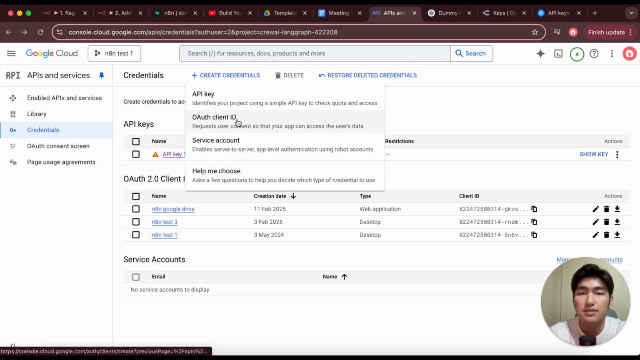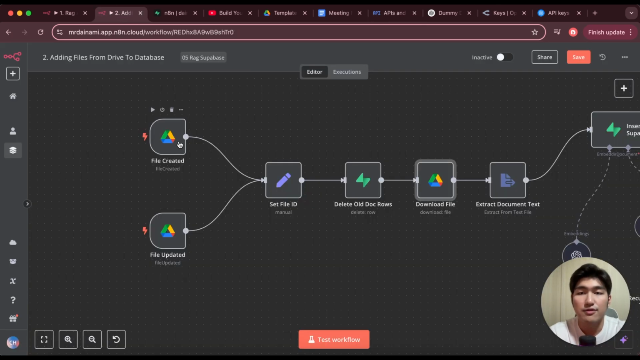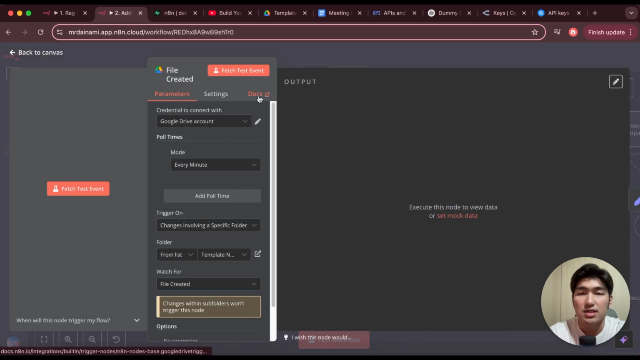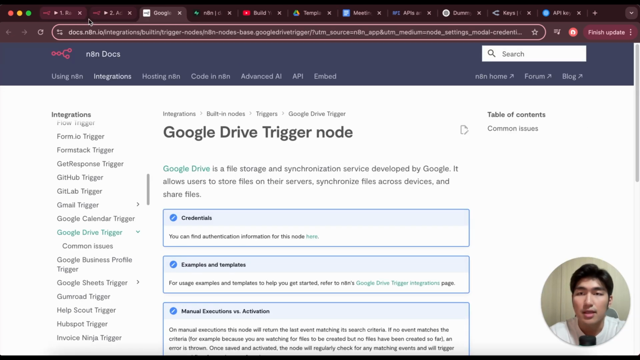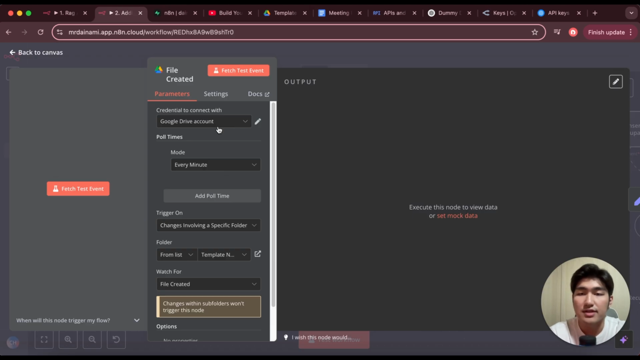Create an OAuth client ID and follow the documentation accordingly throughout to get your Google Drive approved. Right, and where can you find the documentation? Simply, you can click into Docs over here. Okay, and then over here, you can just follow the steps accordingly. Perfect. Once you have your Google Drive account connected,